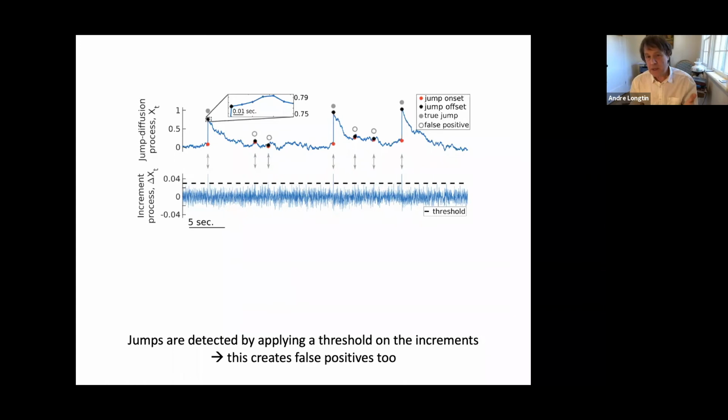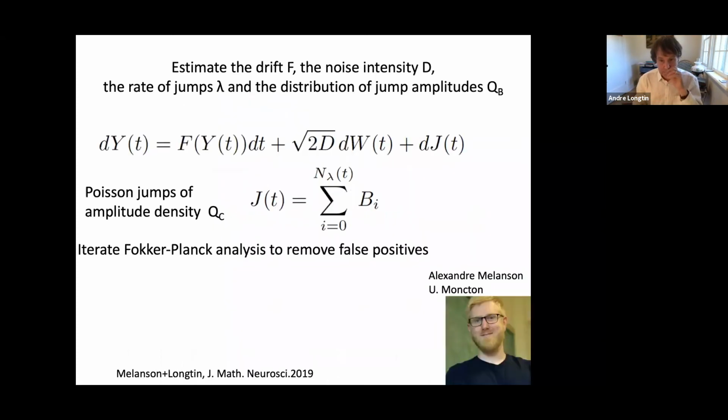Are they helping the detection process from signals upstream? We don't know, but this is our best guess. So the jumps are detected by applying a threshold on the increments, and this creates false positives too in the problem, because you're going to get false positives just by the diffusion process here. So we developed a way to tease out the false positives, and this is work by my ex-PhD student Alex Manasson,